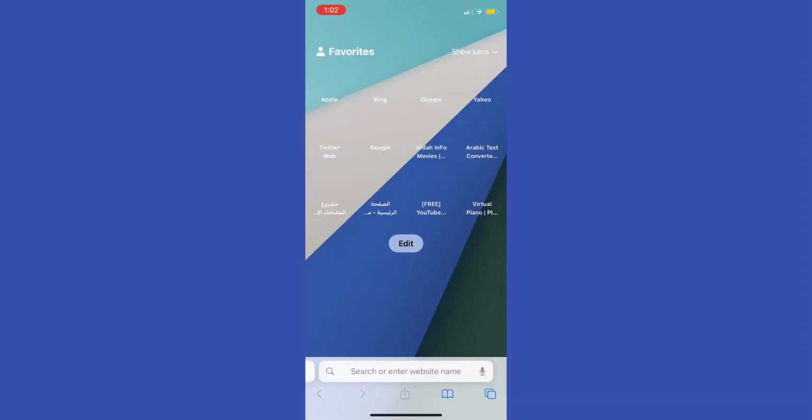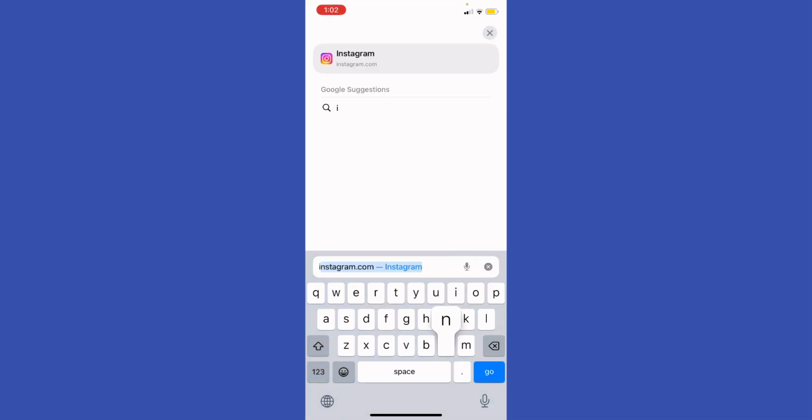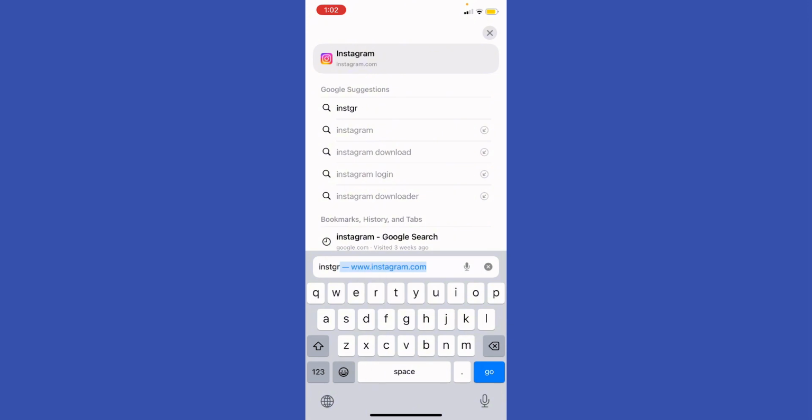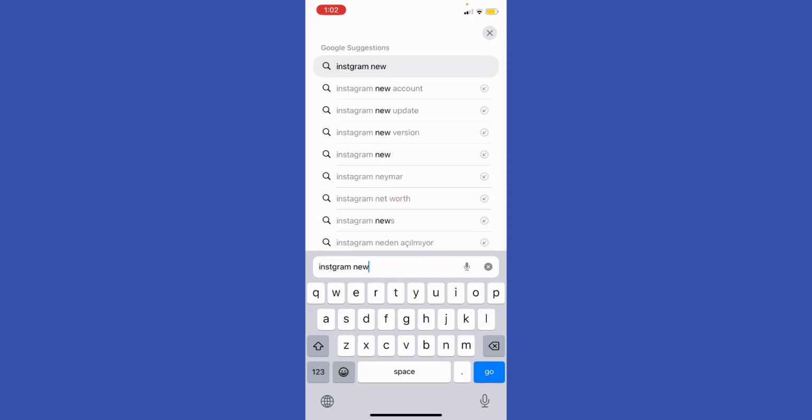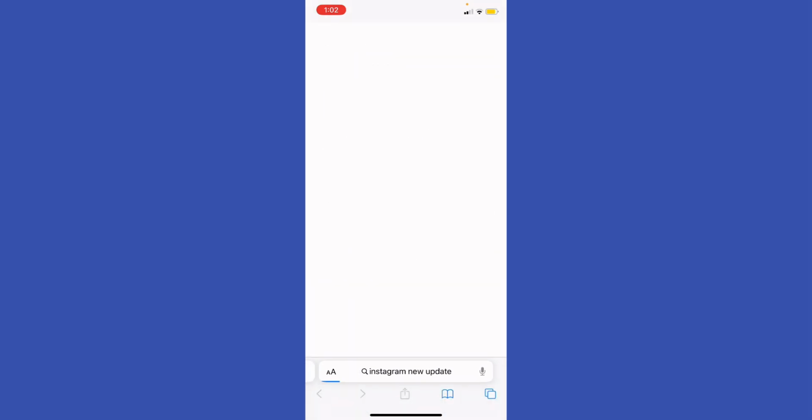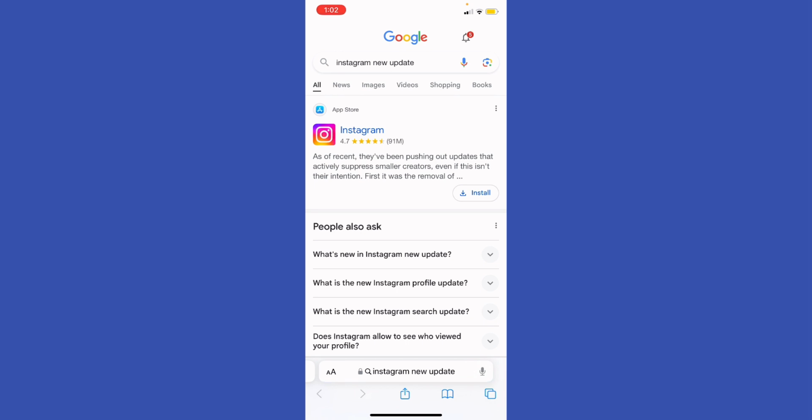First of all, you could just click on your browser and start looking for Instagram. Instagram newest update, right? And basically, just go ahead and click on the Instagram new update and you will learn about the new Instagram